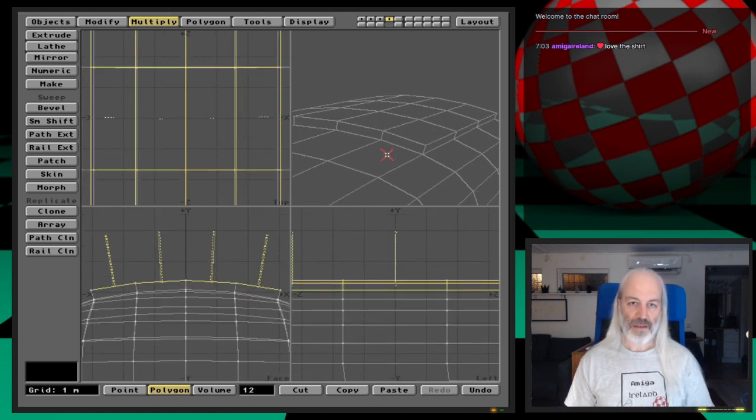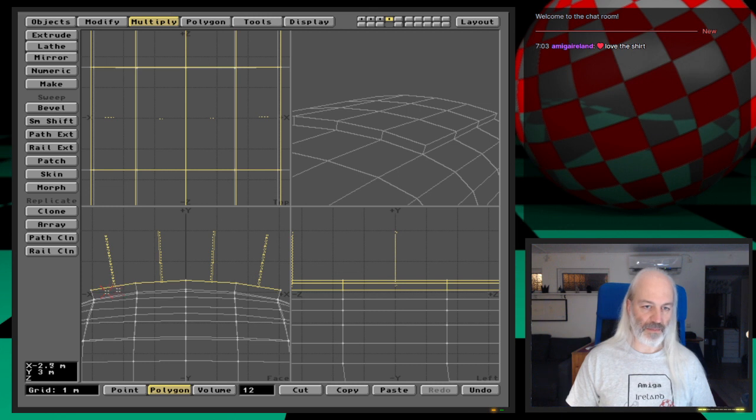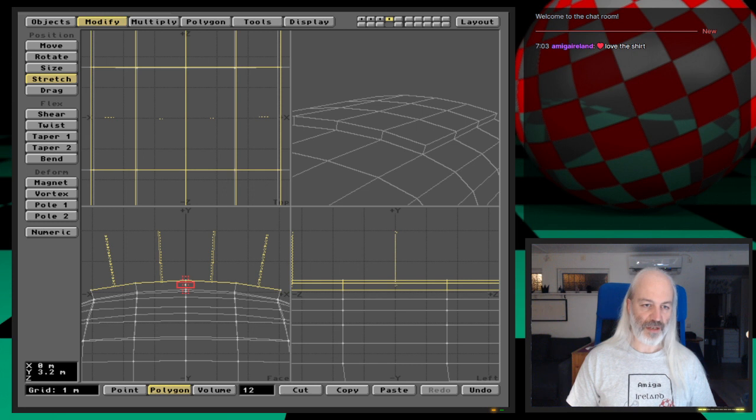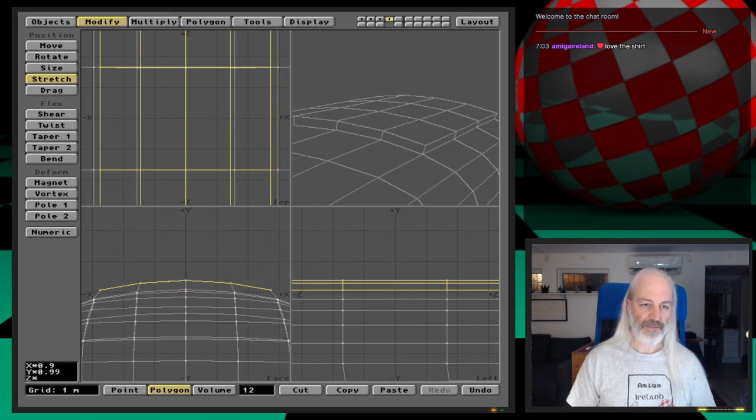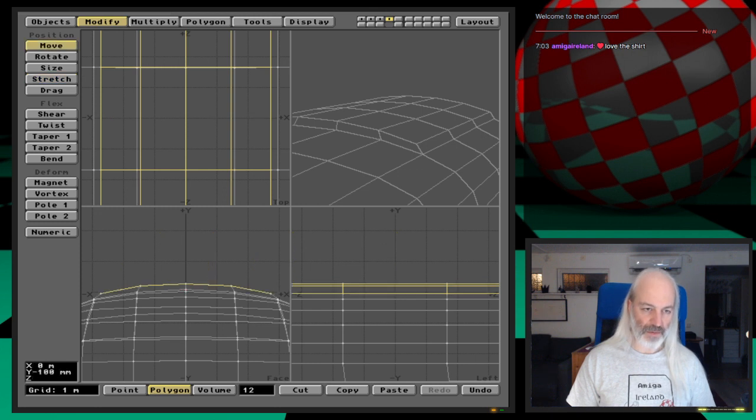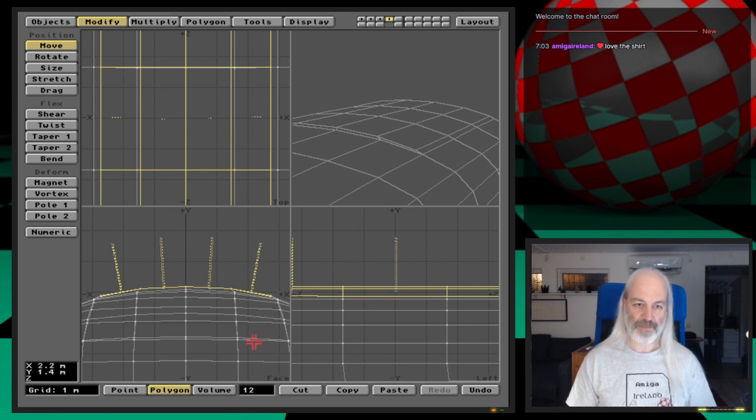Okay, so first we have to stretch it a bit. Say here, let me there, okay, and then lower it a bit. I just want to make something new here. There. Okay, now with these polygons selected,